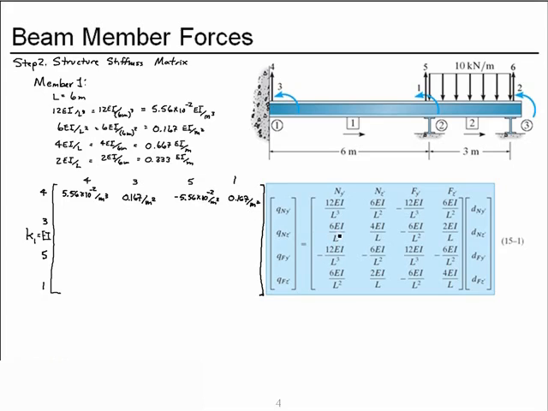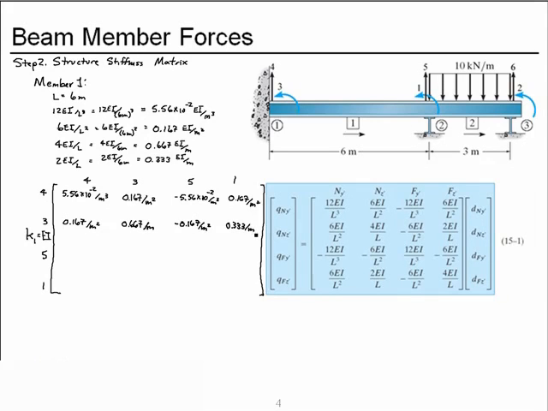In the second row we have 6 EI over L squared, then the 4 EI over L, then the minus 6 EI over L squared, so we have the minus 0.167 per meter squared, and the 2 EI over L,